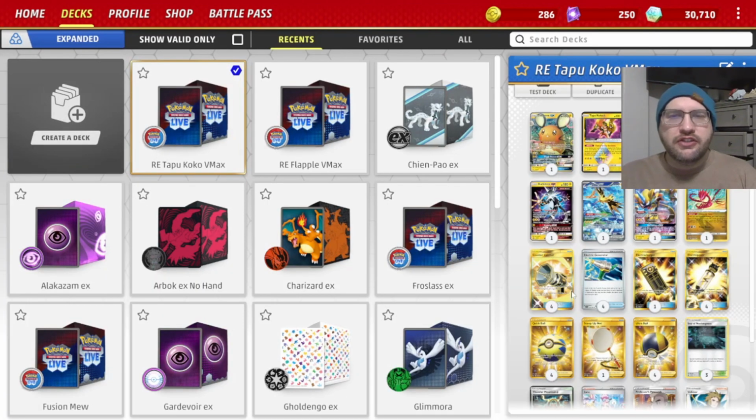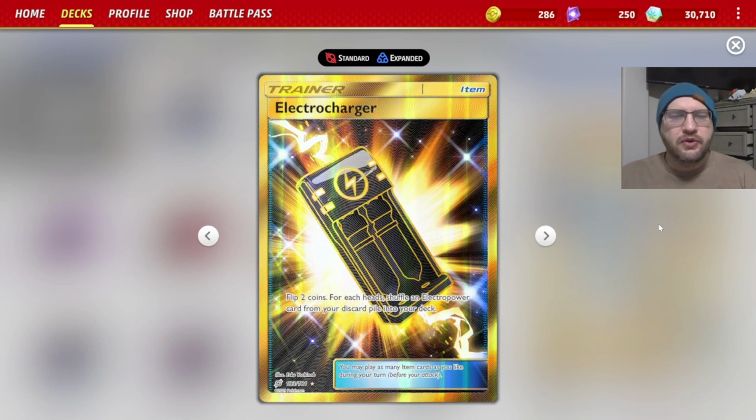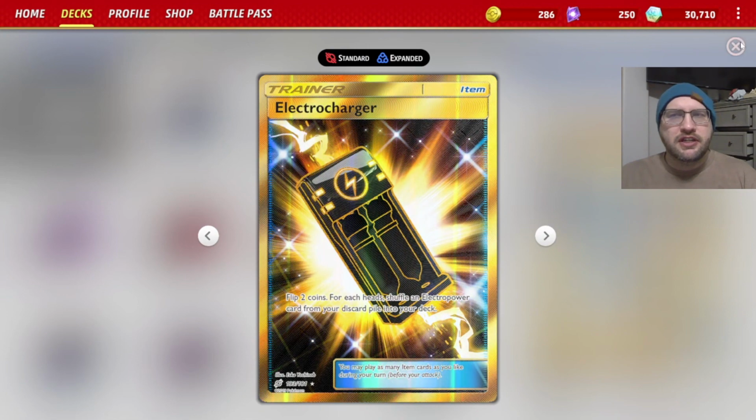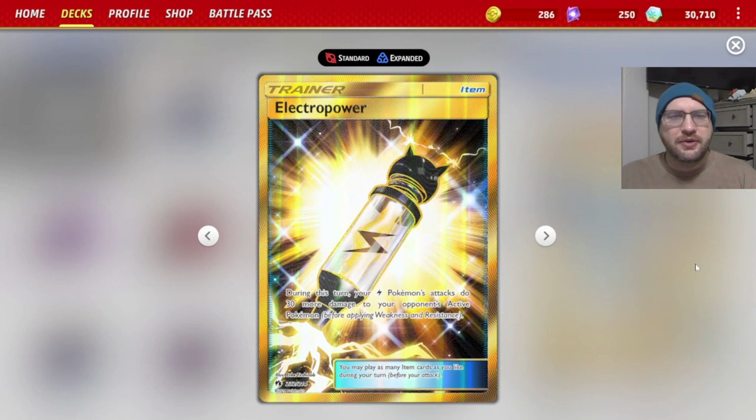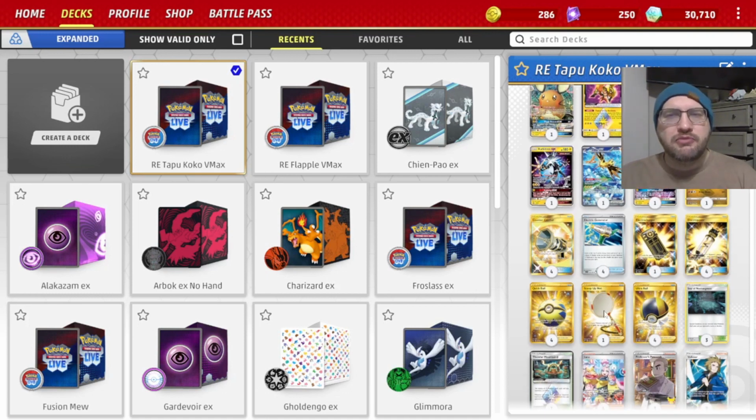But the rest of our Trainers look like this. 4 Counter Catchers to make sure our opponent still gets things into the Active they might not want to. We have 4 Electric Generators, 1 Electrocharger, so you flip 2 coins and put an Electropower from your discard into your deck. 4 Electropower, so during this turn, Lightning Pokemon attacks do 30 more damage. This can do a ton of damage, and with so many power-ups both for damage and for acceleration, this deck should be great. We also play 1 Scoop Up Net if we want to get rid of the Radiant Eternatus,